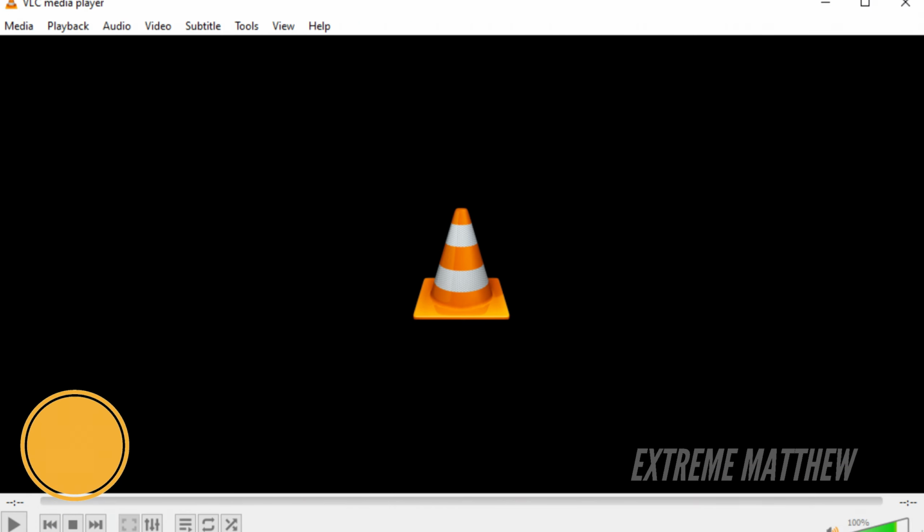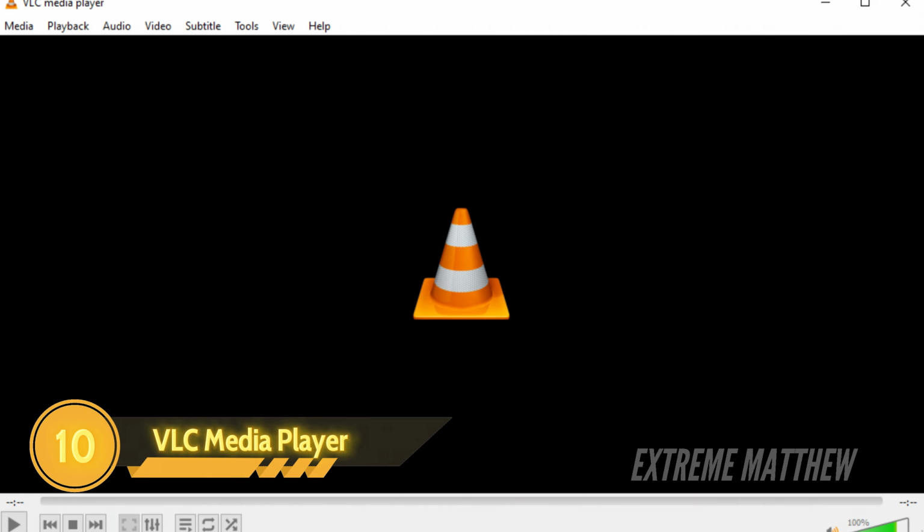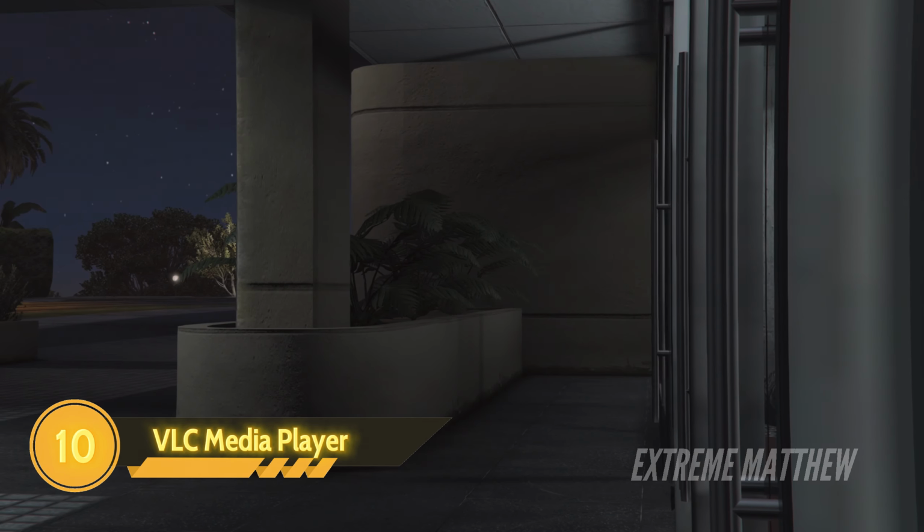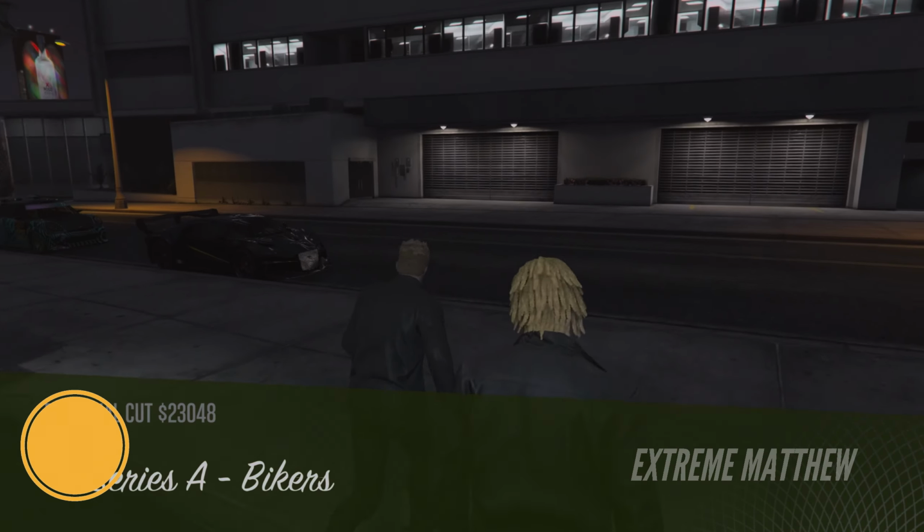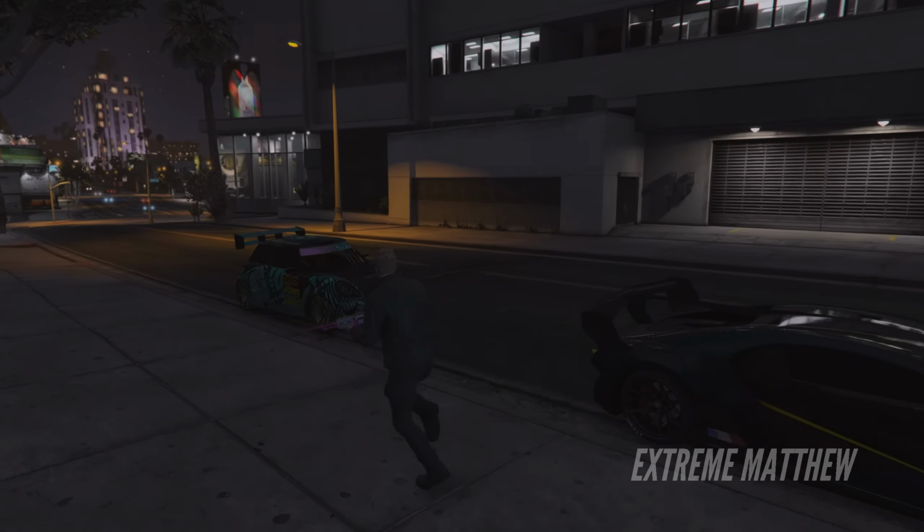So at number 10, we have VLC Media Player. VLC Media Player is a free and open source multimedia player developed by VideoLAN. It is renowned for its versatility and ability to play almost any type of media file or streaming protocol without the need of additional codecs. So you don't need to download codecs in order to play certain files, which is the thing that I love